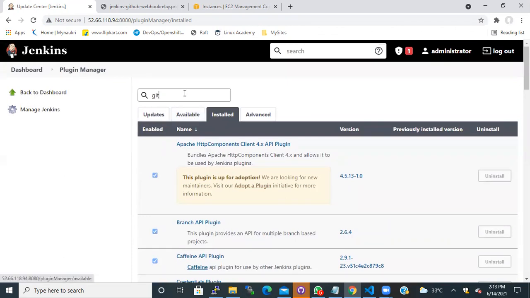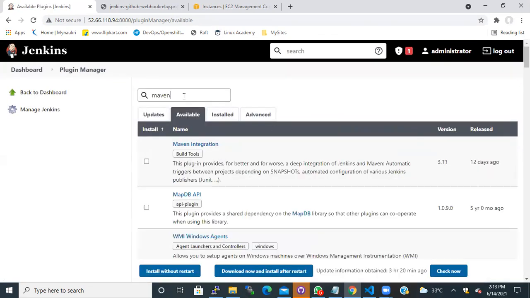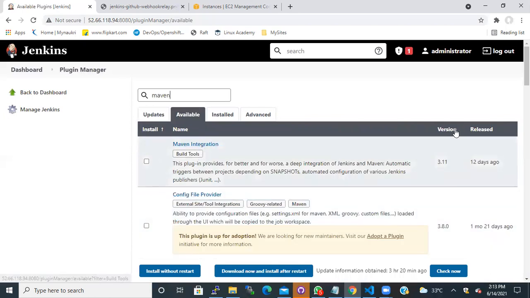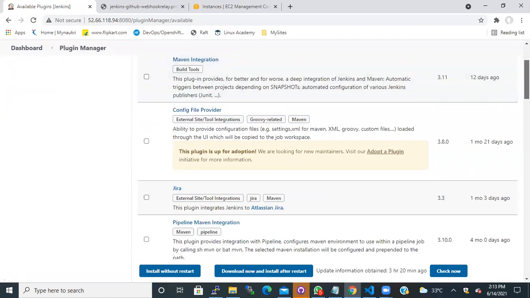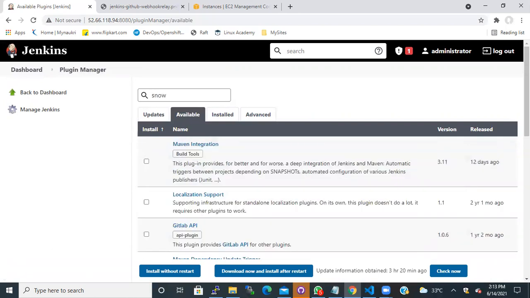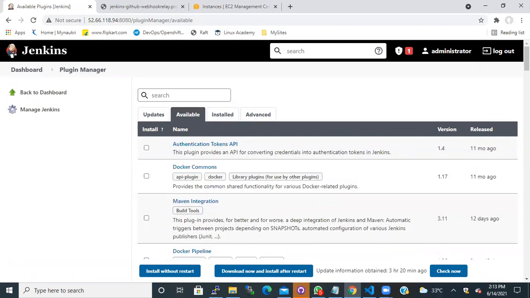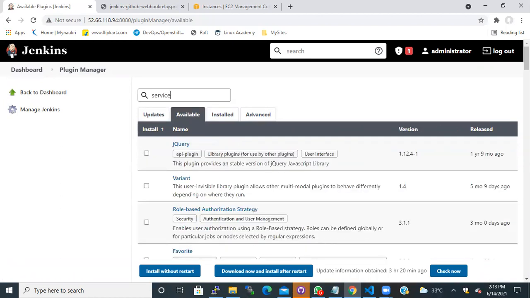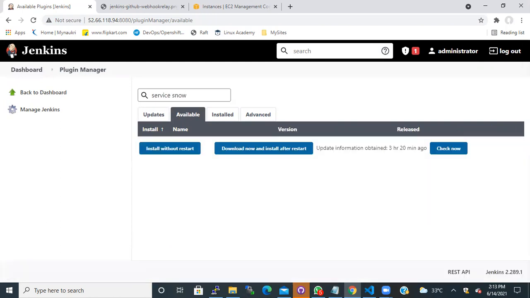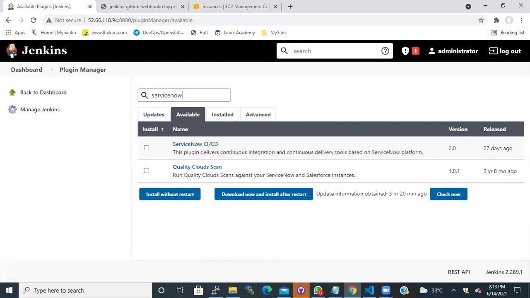Again, if you have a Maven project, Maven will have a different plugin, right? You need to have these plugins installed to configure your Maven plugins. And if you are trying to integrate with ServiceNow, you need to have a ServiceNow plugin.